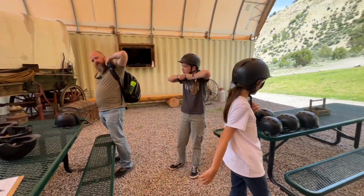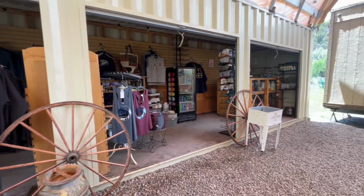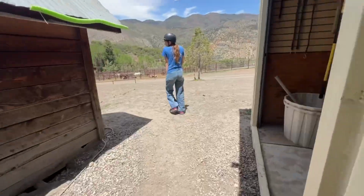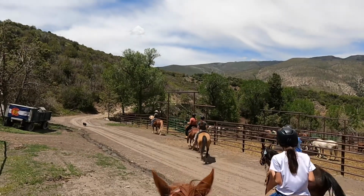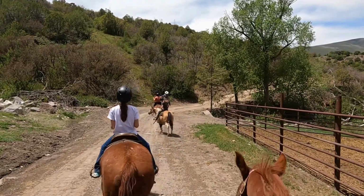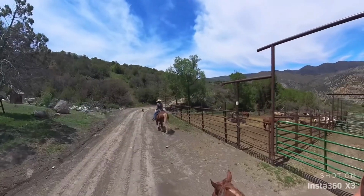We booked a private family ride for all 5 of us, and it was an unforgettable adventure. The ranch is just outside of town, and riding through the beautiful landscape was so peaceful. We really enjoyed getting to know each of our horses. Each one had its own personality, and the whole experience lasted about an hour, making it just the right length